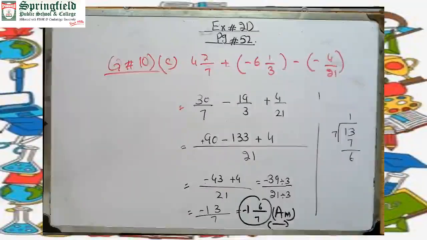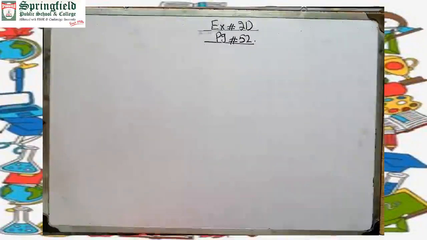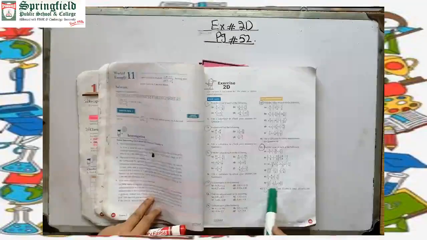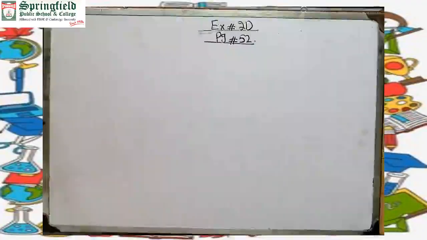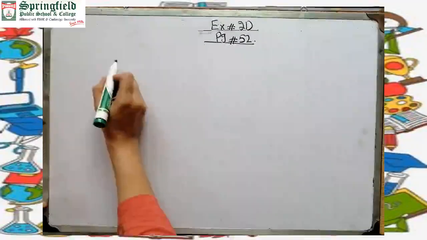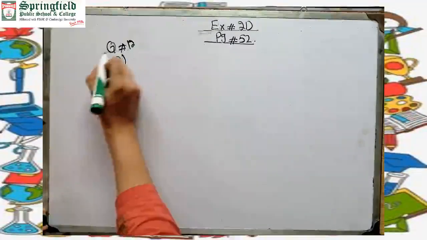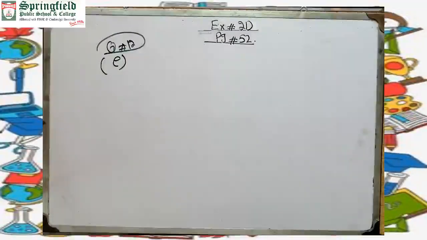Understood, beta? Okay. Now all the rest of the questions are your task. Do the practice of all the questions in your math notebook. Now come on the last question, question 12. In question 12 they are saying to find out the value of these expressions. So come on part E. I will do just one part, fine? Question number 12 is the last question in this assignment.